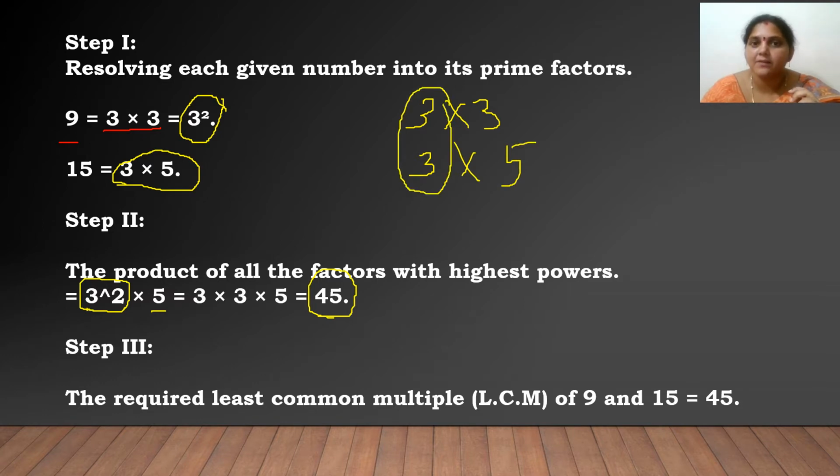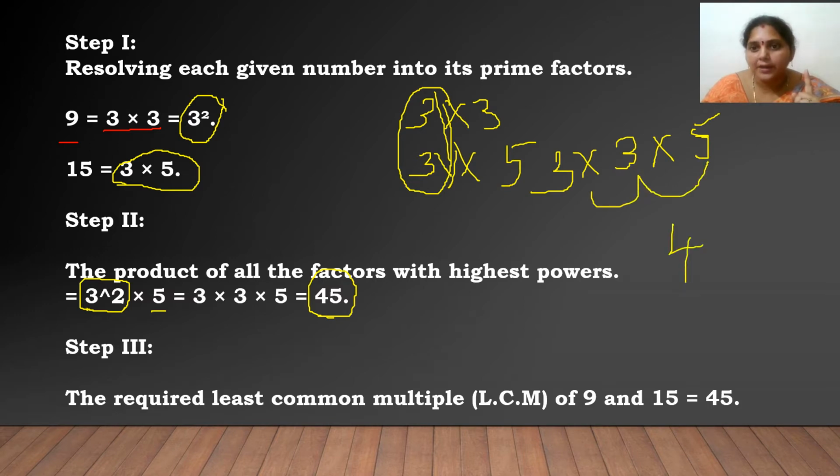And these are the remaining factors. So common factors should be written only one time. So 3, and where you have to write the remaining 3 numbers again. 3 into 5. So here 3 3s are 9, 9 5s are 45. Your answer is 45 here. So 45 is your least common multiple.